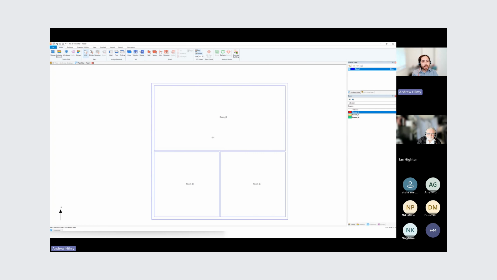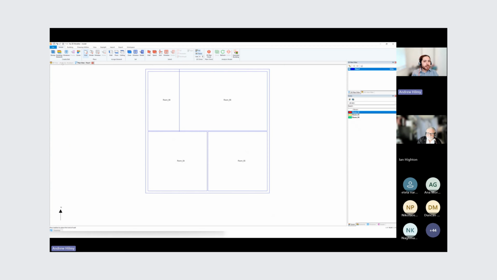So for example, if I wanted to split this space, I could use a null wall, which in some packages is known as an air wall, and I could subdivide this space. And then I could change the zoning if I wanted to. I could make a new analysis zone and split this into two zones, for example, and that can be quite